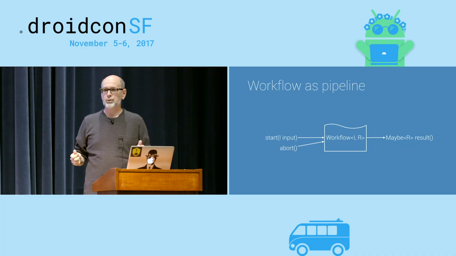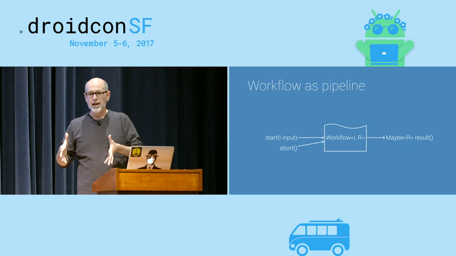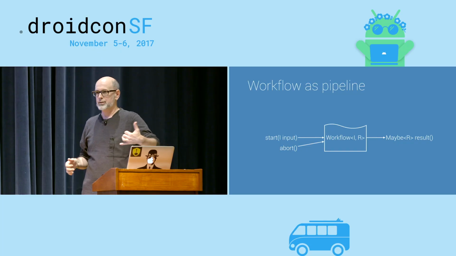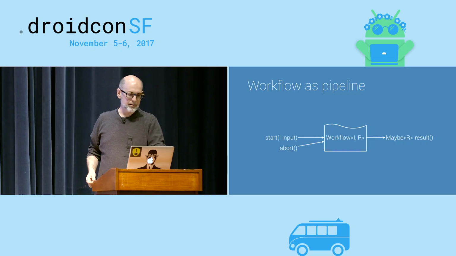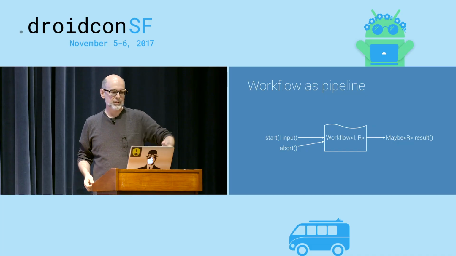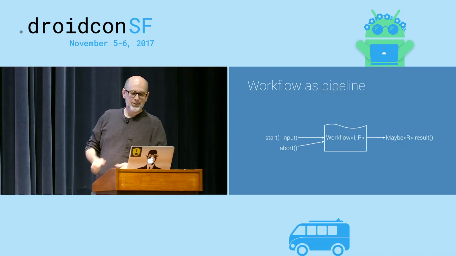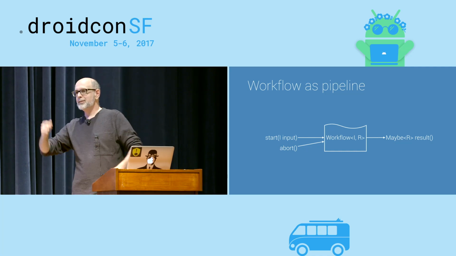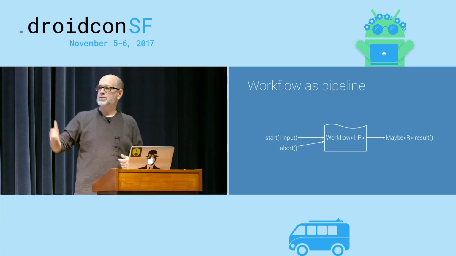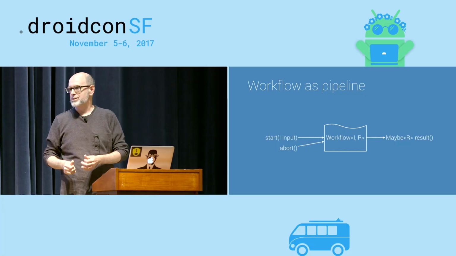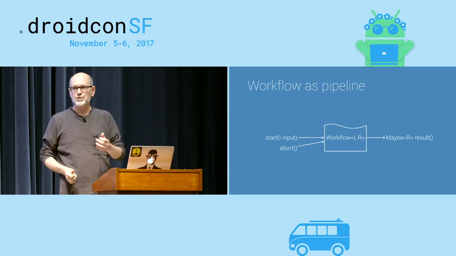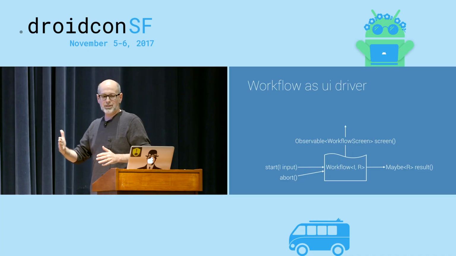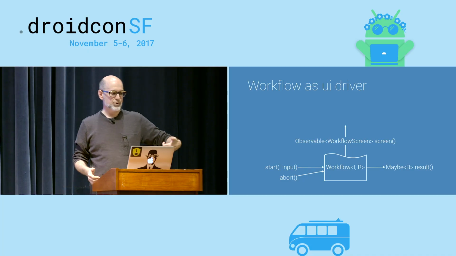So like the brick, the workflow tries to keep you reactive. The rule is that it's got an input of some kind. I can start my workflow, and eventually the workflow will end, and it will produce a result. That should be single var. I changed that. Well, that's fine. So it starts, it chugs along, it does this workflow thing, and then sooner or later it says, okay, I'm done. Maybe it was an authorization workflow, and it says, hey, I'm done, and here's the authorization token. Maybe it was a credit card payment, and it's going to let you know that the payment ID is there, something like that. While it is working through its states like this, off on the side, it's exposing an observable